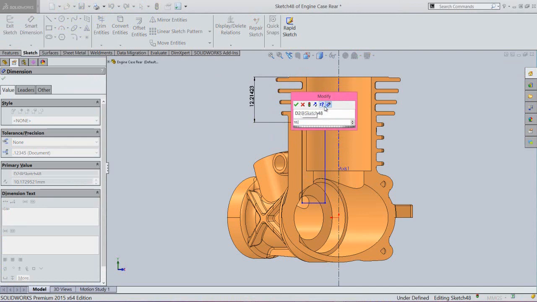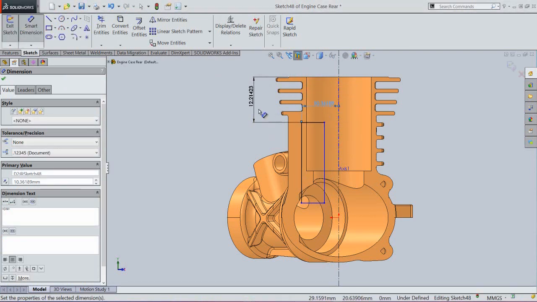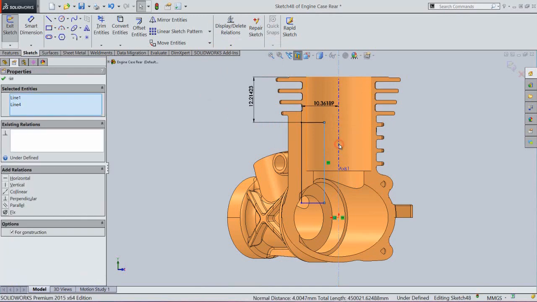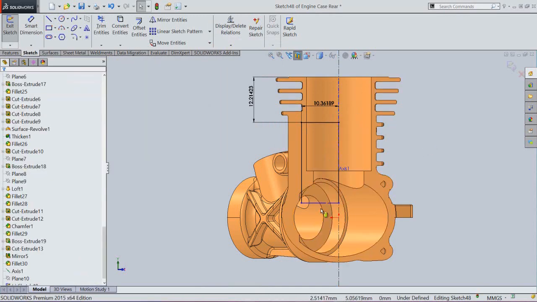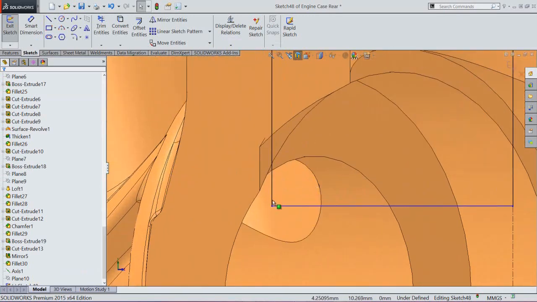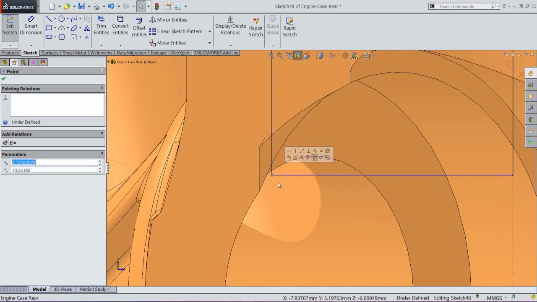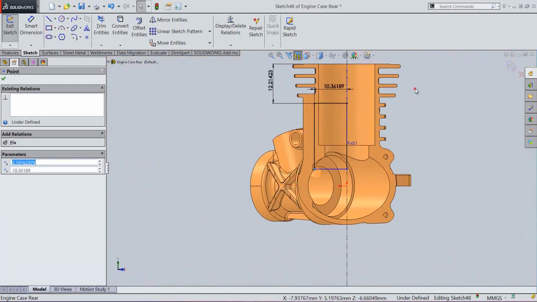It will keep 10.36 mm. Select this line and center line and apply collinear relation. So finish the sketch.